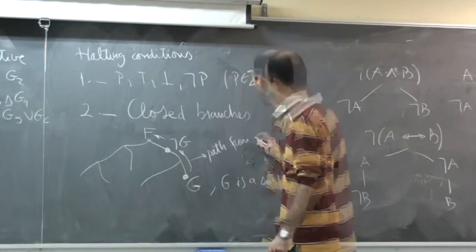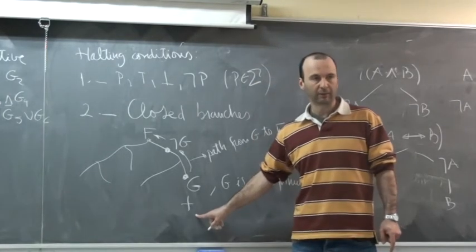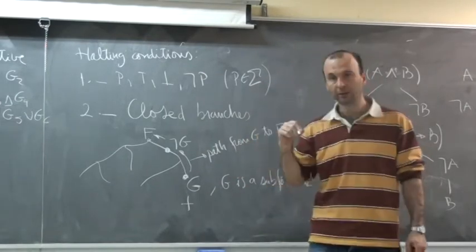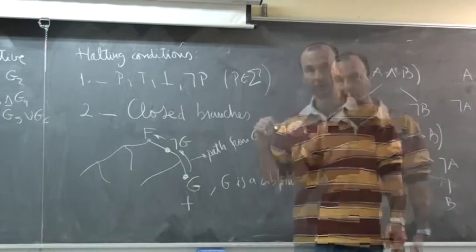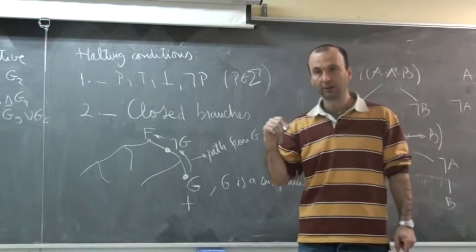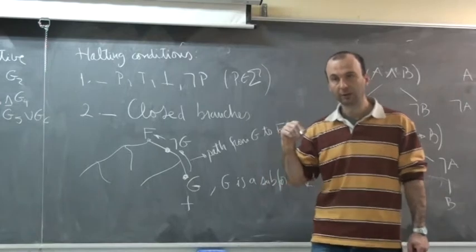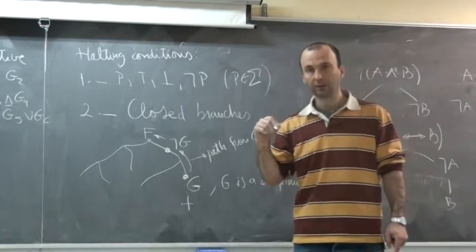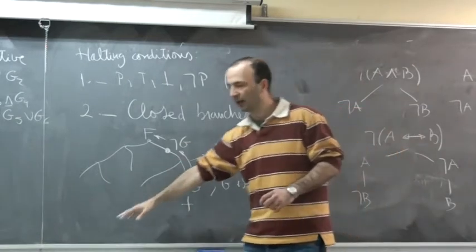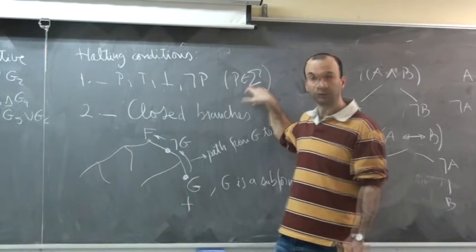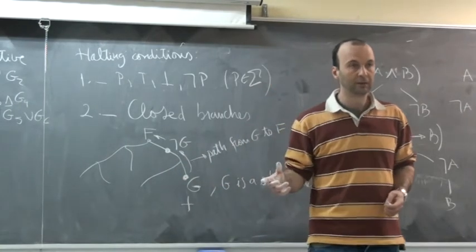Okay, at that moment you stop. Mark that branch as closed. Typically you just write close and stop. You don't carry on, you don't develop your branches any longer. So those are the two halting conditions. Either you just go deep down until you get one of those, or you stop before, because you found the negation of a formula and the formula itself. Right? Okay,